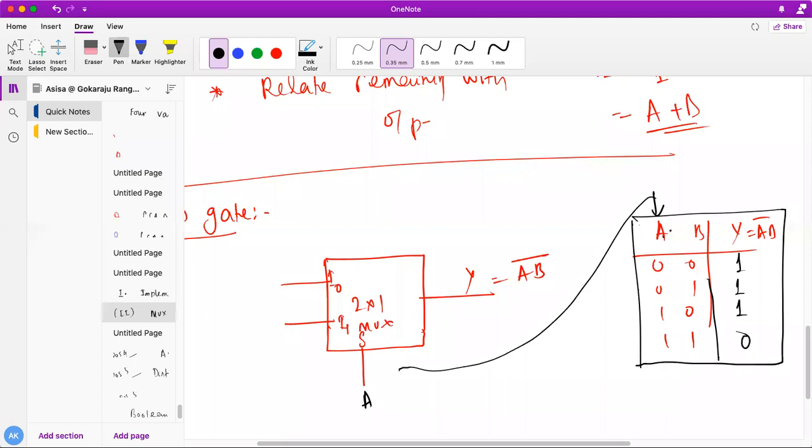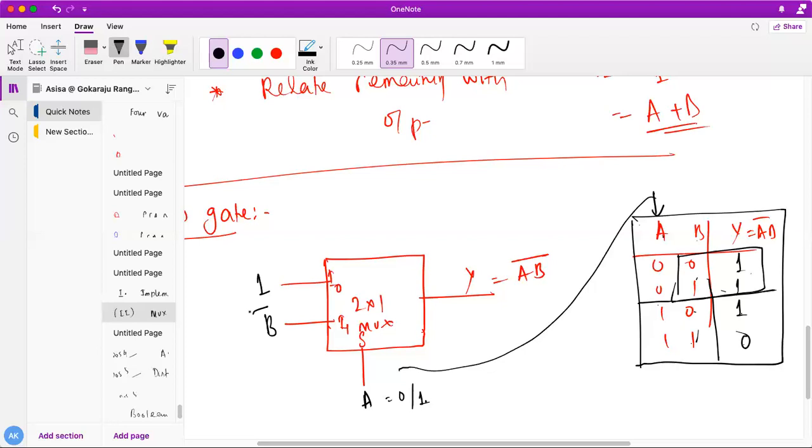So now if A equal to 0, it will be either 0 or 1. So this is the case. If it is 0, try to relate the other input, which is the leftover input, with the output. So what we have got here, if my B changes anything, it doesn't change my output. So it's always 1. So I can connect here 1. Okay. Similarly, the remaining two are 1. If I am putting 1 here, if my input is 0, I am getting output 1. If my input is 1, other input is 1, I am getting here 0. So can I put it here B bar, students?